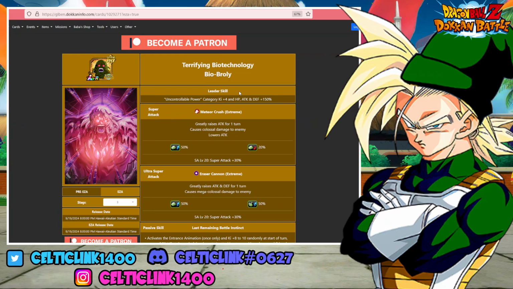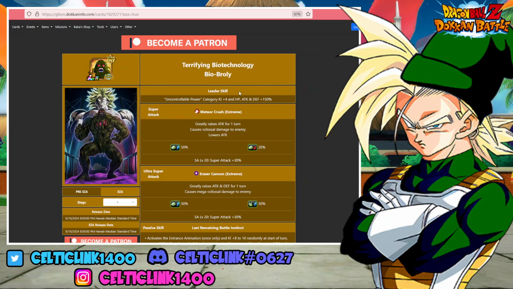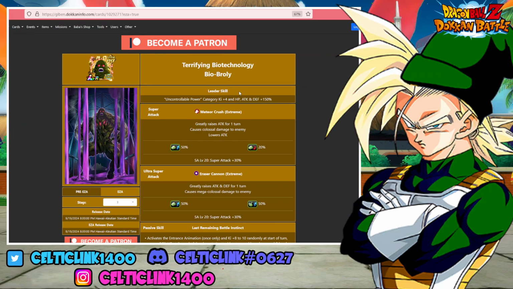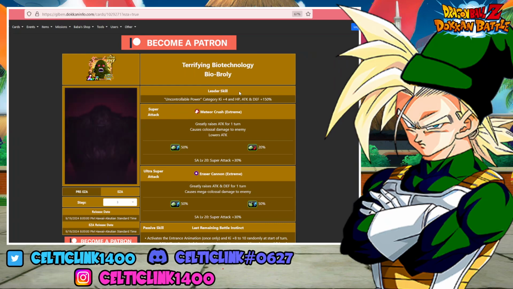So, this guy's a Prime Battle LR, so he is an uncontrollable power, category key 4, HP attack and defense 150%. He has an 18 key that greatly raises attack and defense for the turn, causing major colossal damage, and